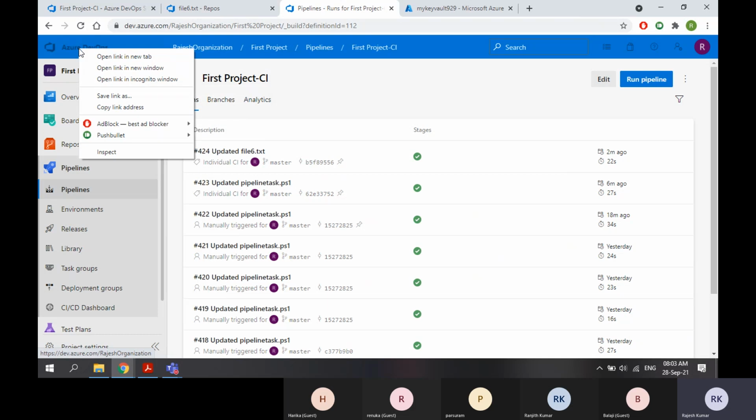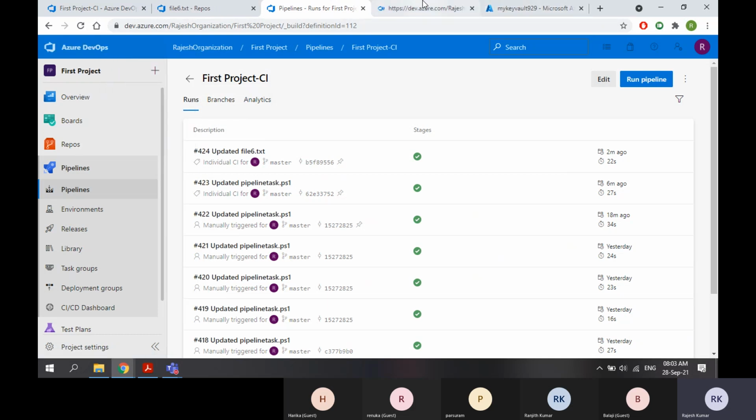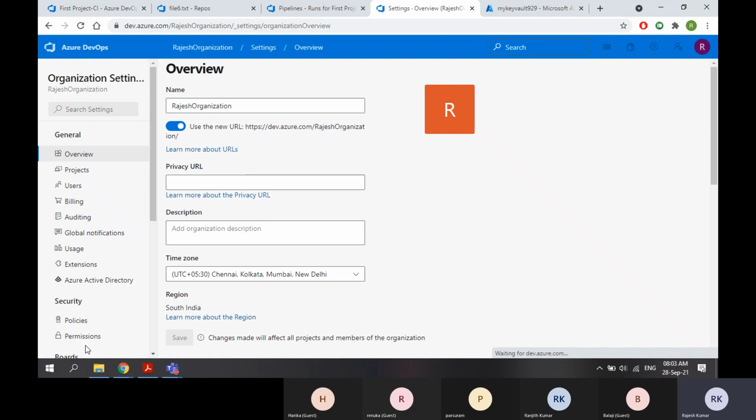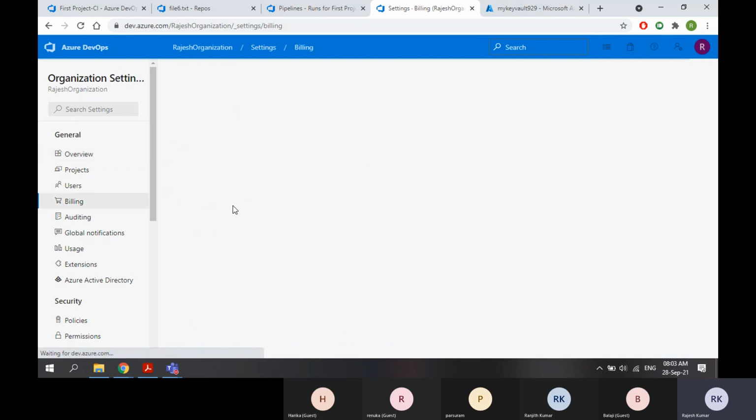Now again, I will show you something important. If you go to organization settings, okay, there is a billing concept.